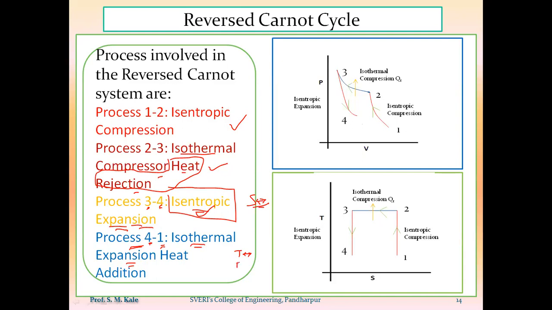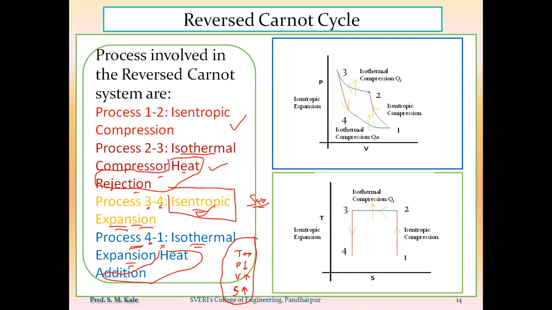Expansion means the value of pressure should go on decreasing, the value of volume should go on increasing, and the value of temperature should go on decreasing. But here, as there is a heat addition process, the value of temperature remains constant. So to find out the effect on entropy, as this is the heat addition process, during heat addition at a constant temperature, the value of entropy should go on increasing. So by considering these four parameters,